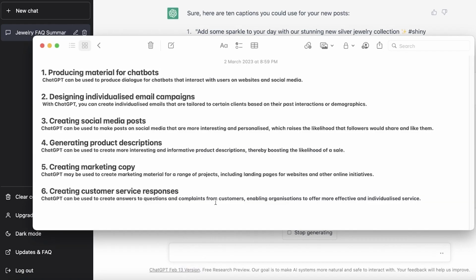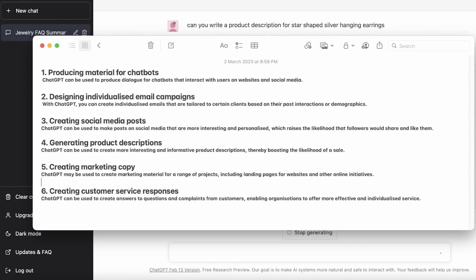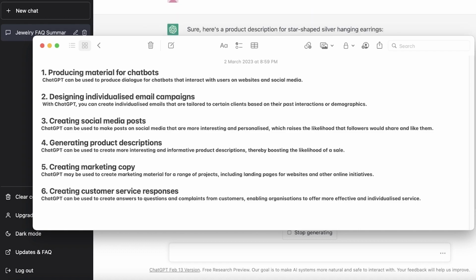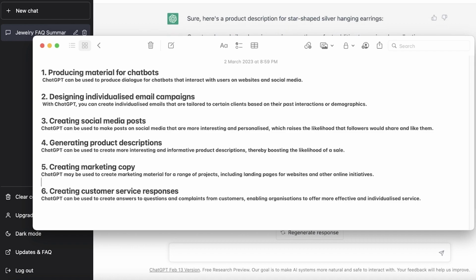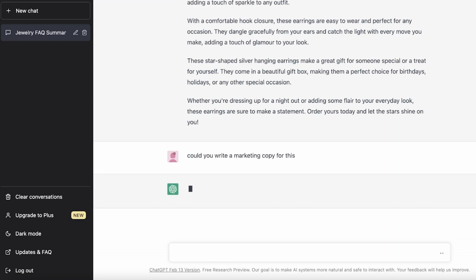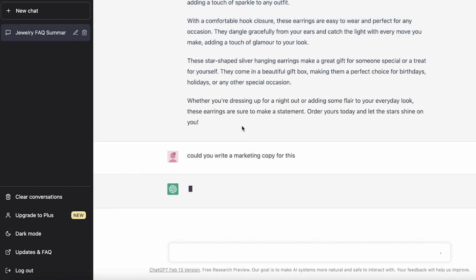Now, after that, we also have another example, which is creating a marketing copy. A marketing copy is like an umbrella term we could use to create marketing material for landing pages, for online platforms, for any kind of marketing. So could you write a copy, which is basically information about the product? So could you write a marketing copy for this? By this, I'm referring to my new product, and now ChatGPT is just going to generate the marketing copy for us. The best part about this is that if you have any section that you want to summarize, you can just ask it to summarize or expand on the conversation, and it will do that.